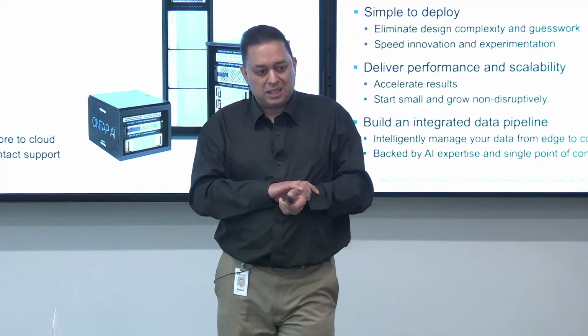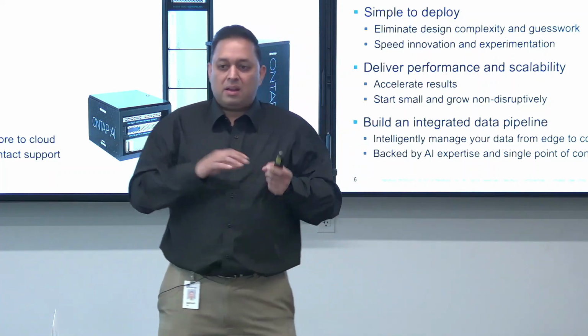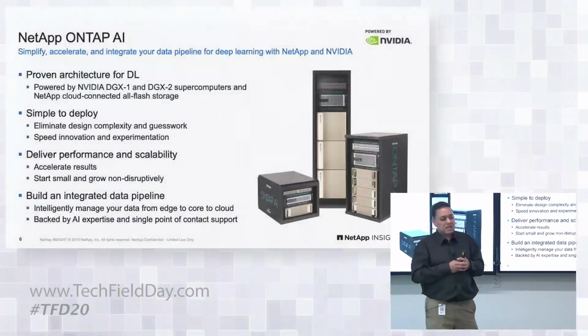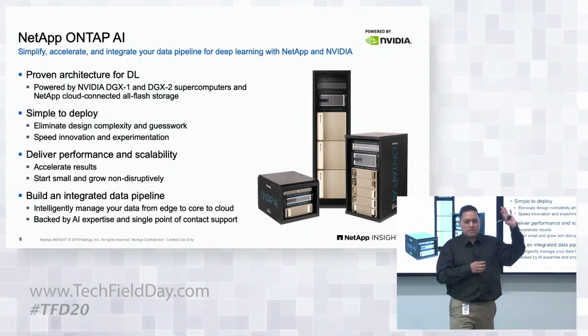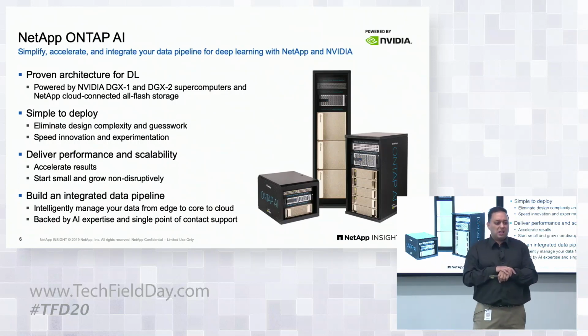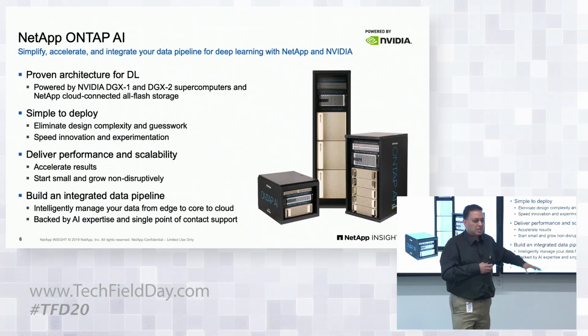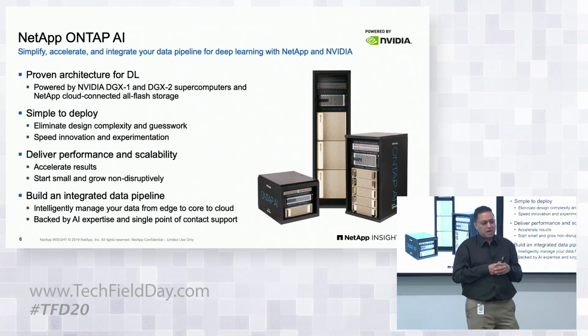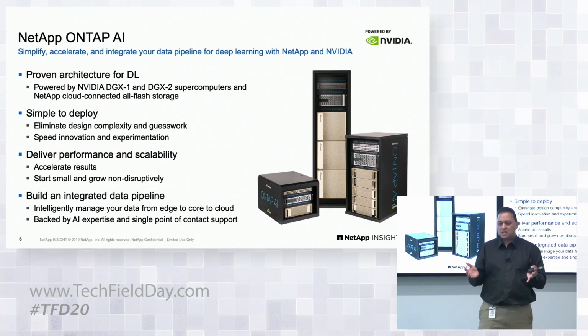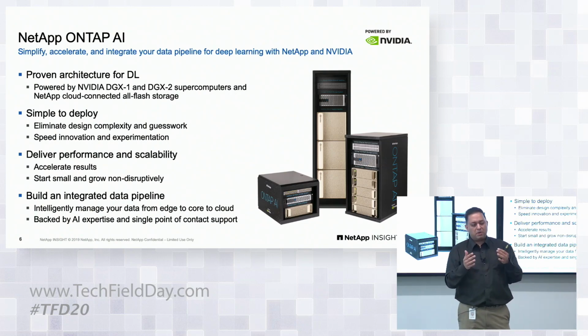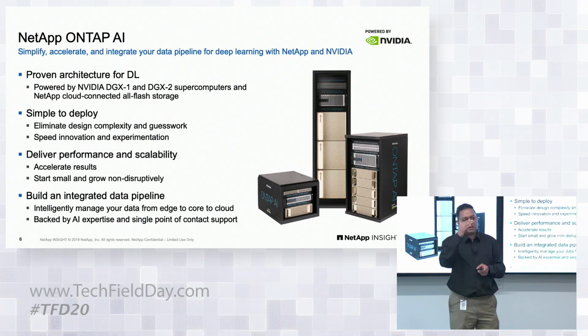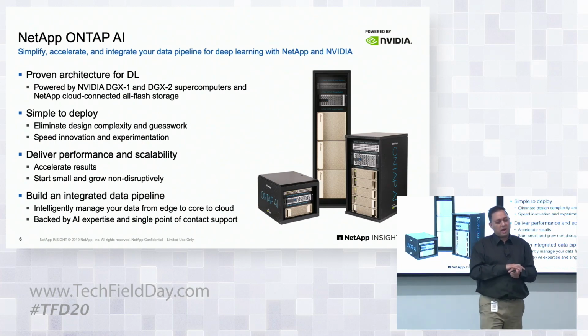There are four elements to something as complex as this. Firstly, AI is entirely focused on data scientists, and they don't understand hardware. So we want to abstract out as much of the hardware as possible, and the way we go about doing that is simple automation. We use Ansible to completely automate the deployment from rack and stack onwards to bare metal provisioning. And once we've done that, we use Kubernetes and Kubeflow to automate the lifecycle management with our AI Control Plane.